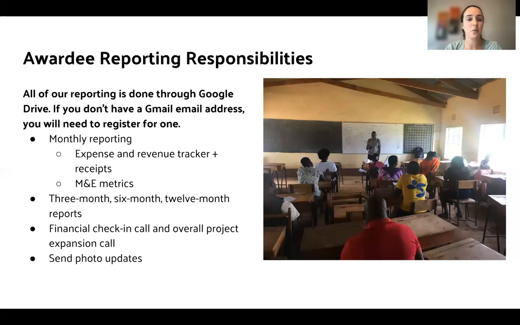There are short 3, 6, and 12-month Google Form reports where you provide a formal update on what has taken place. We ask that you take pictures during the implementation of your grant-supported initiative, and it's great if someone else can take some pictures of you interacting, either with your beneficiaries in the planning process or interacting with a customer at your business.